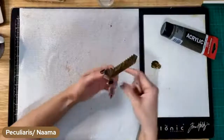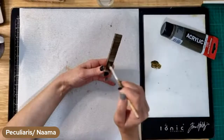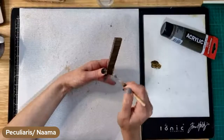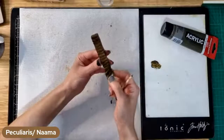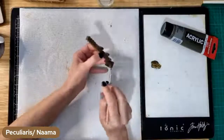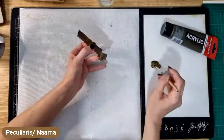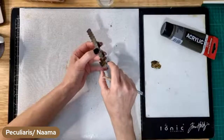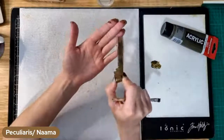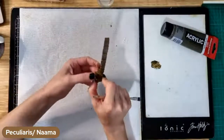Especially because Amsterdam acrylic paints are pretty thick. They're not super thick, but they're heavy-bodied, so they do a good job covering the object being painted. The benefit of the Mod Podge is also that it gives it an extra strength, and it's kind of a thin object, really. I don't know if you can see, but it does still have flexibility,